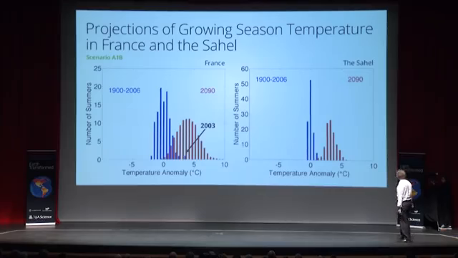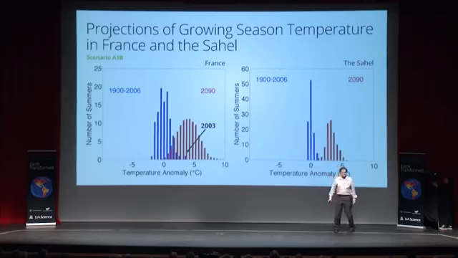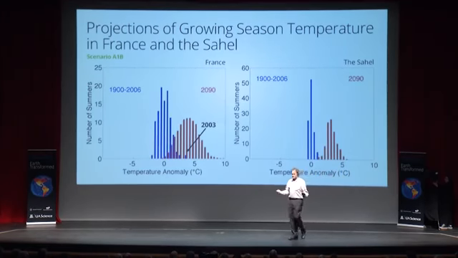If you do the same thing in the deeper tropics instead of in France, well, the tropics are famous in that they don't have much variability in temperature, right? So a really cold year was half a degree colder than normal, and a really warm year was 0.75 degrees above normal. And here's what the distribution looks like in the future. What are the odds that the temperature at the end of the century is going to exceed the highest temperature ever recorded?